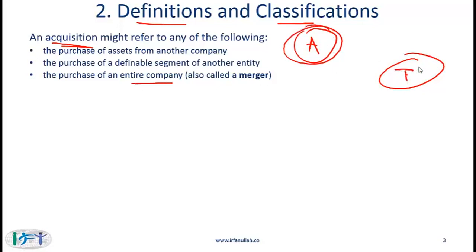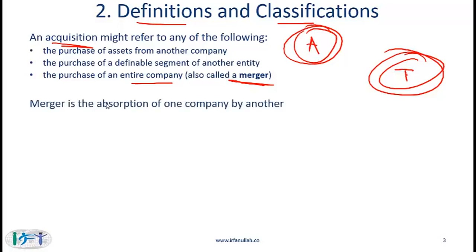So if company A is acquiring all of company T, then that is generally called a merger. In the terminology that we'll be using here, acquisition is the larger term. A merger is a subset of an acquisition. So in simple terms, a merger is the absorption of one company by another company. And even within mergers, we have different categories. You can have a statutory merger where one company ceases to exist. So if this is a statutory merger, then T will be absorbed into A and T will cease to exist